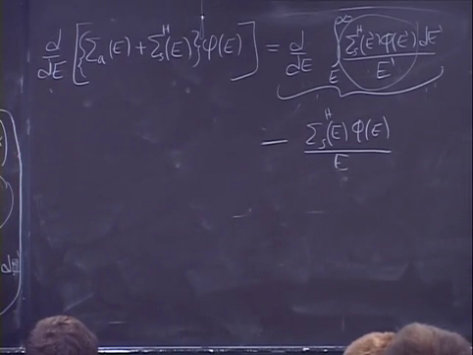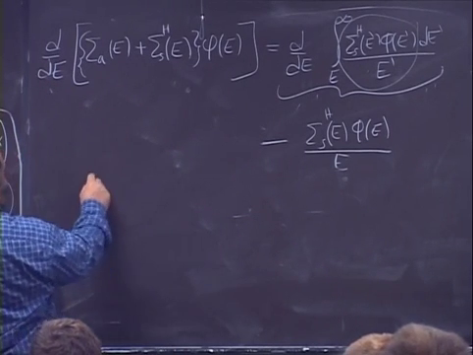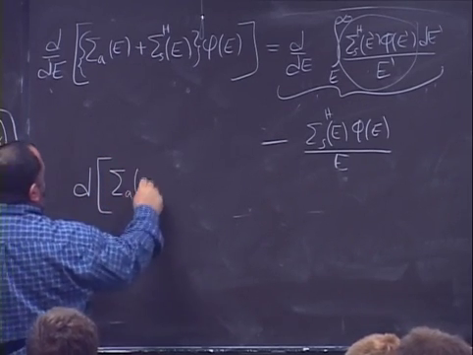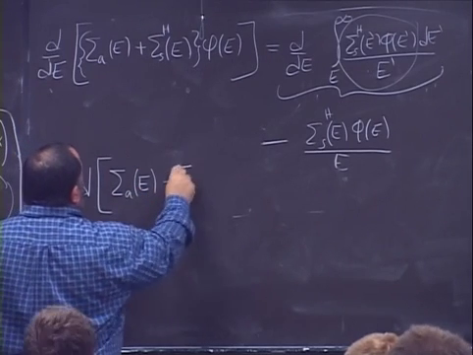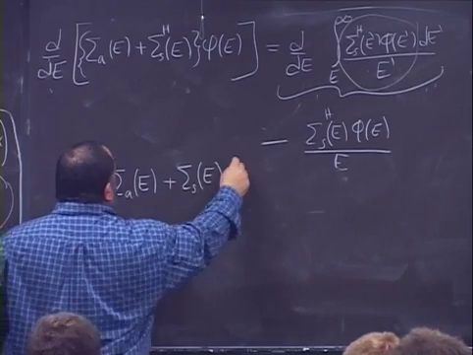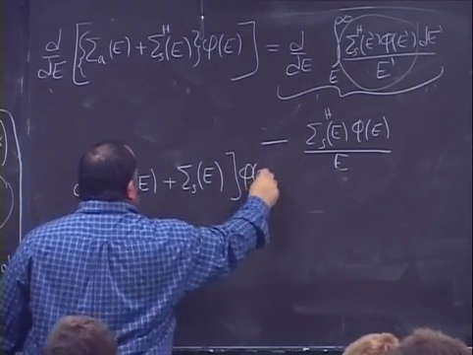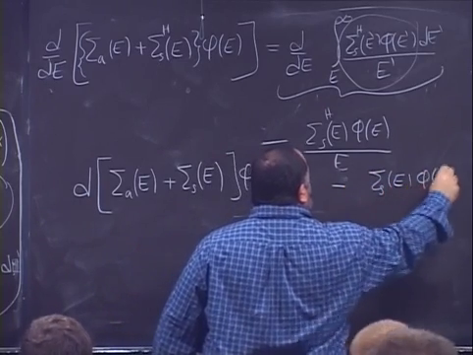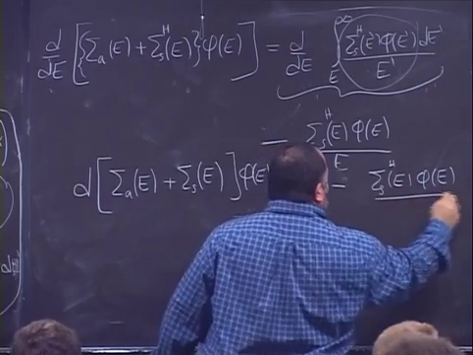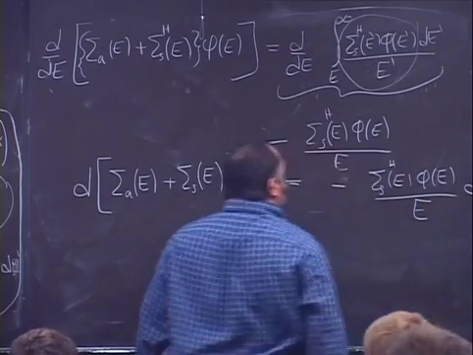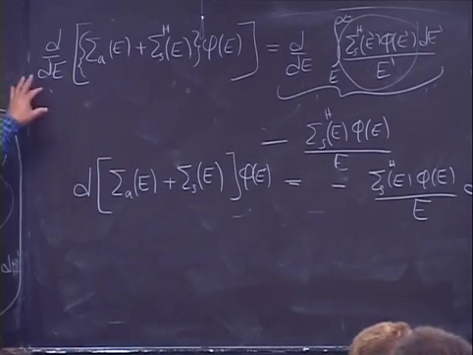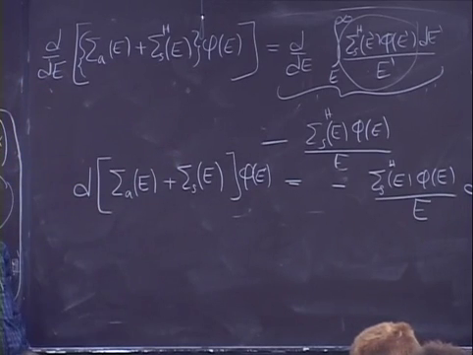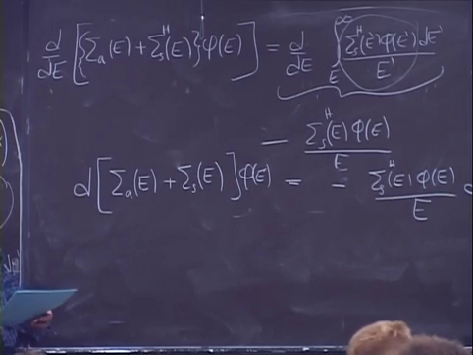Equal to this. Yes? So by separation, I can say that the total differential d of [sigma absorption of E plus sigma scattering of E] multiplied by phi of E is equal to what? Negative sigma scattering of E, phi of E for the hydrogen, divided by E, multiplied by dE. Yes, guys? I just separate d by dE, I make it a total differential for this, and I will get dE on the other side. Guys, did you follow me? So now,